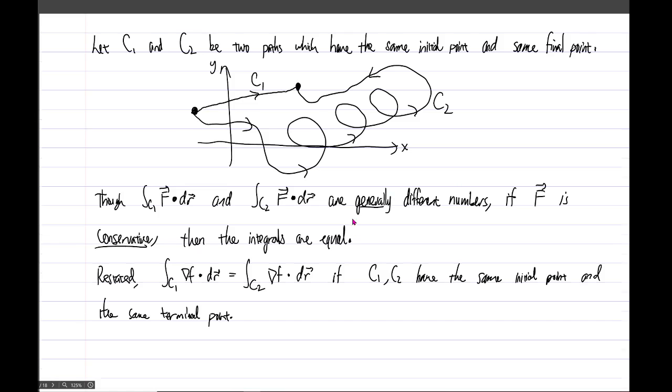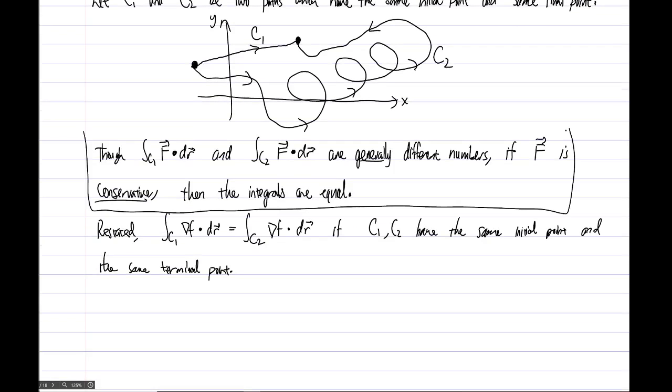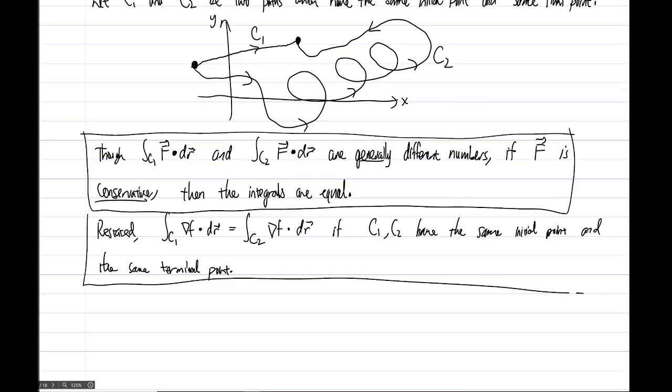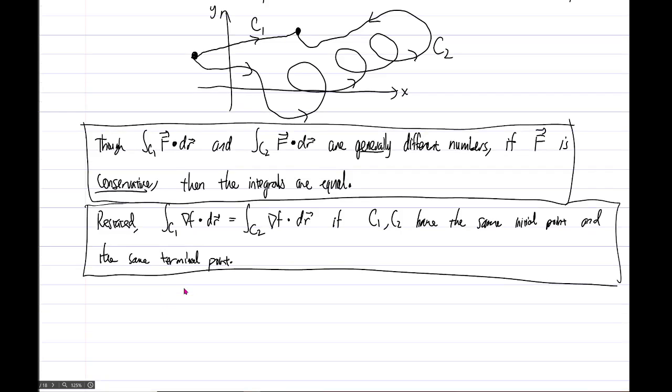Okay, so to again say things differently, here's one way to state things. Here's a second way to state things. To bring back the language of a vector field again, because this one's trying to ignore talking about vector fields, but instead talking about gradients, which, I mean, the gradient is itself a type of vector field. But just to bring it back, we'll say it this way. So if C1 and C2 have the same starting point, or initial point, and same terminal point,